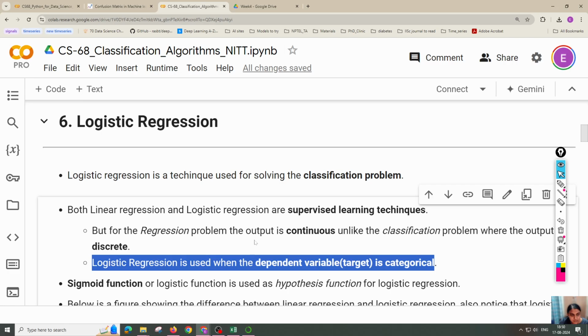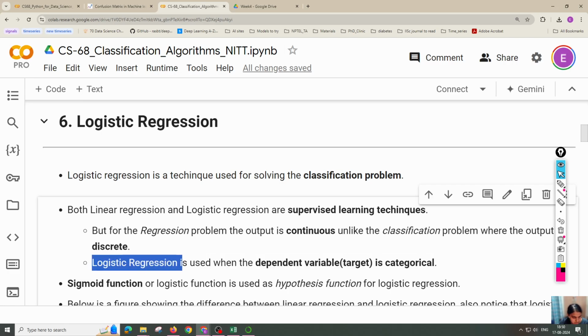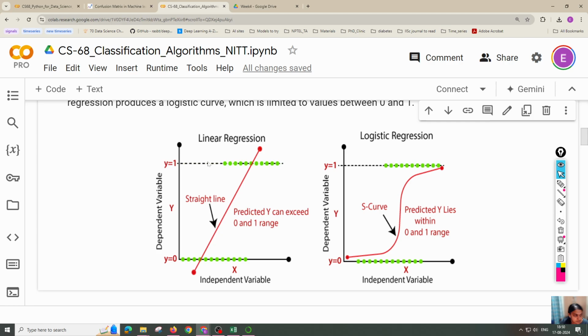Moving back, we use logistic regression when the dependent variable or target is categorical. For logistic regression we'll use a sigmoid function. I'll explain with this. In linear regression you might have learned that it's just like your straight line equation problem. You will have a y and an x, and between x and y you will have some function like y equals mx plus c. Your y is your continuous variable, and then you have mx plus c,